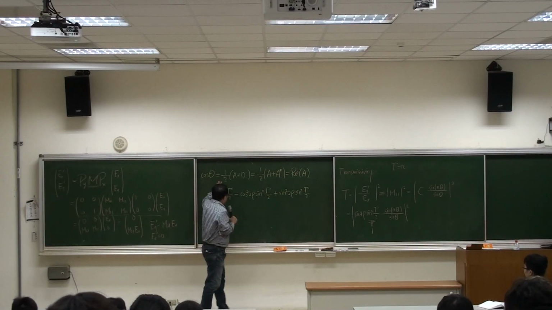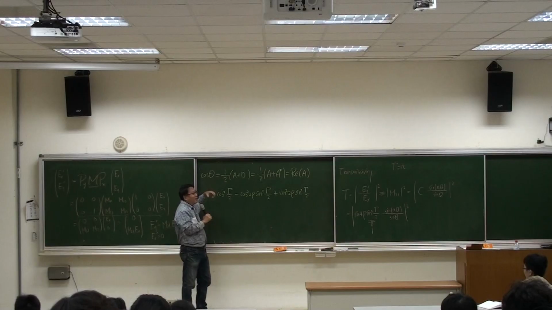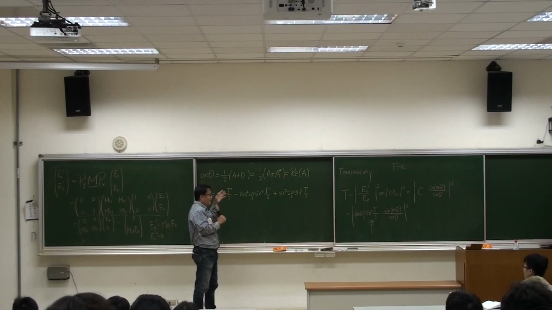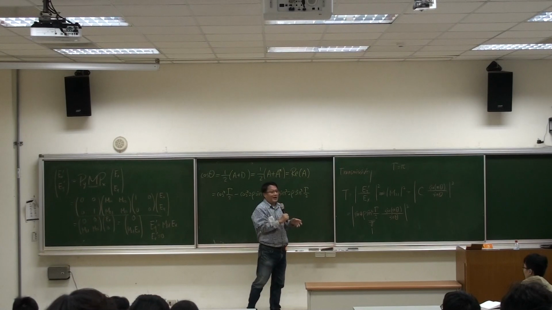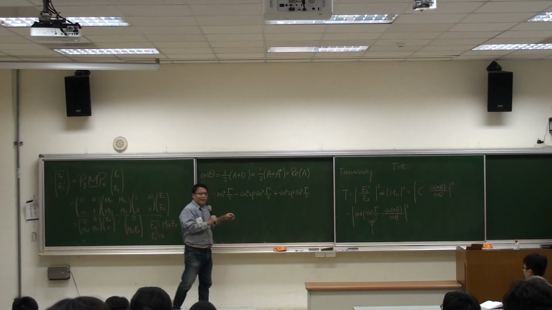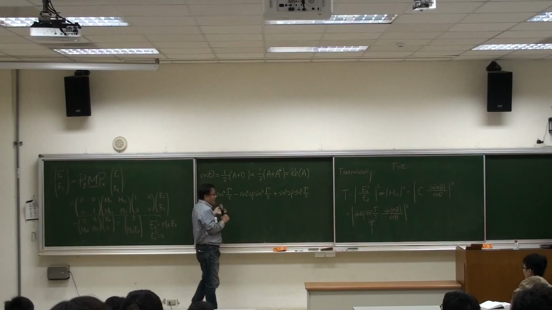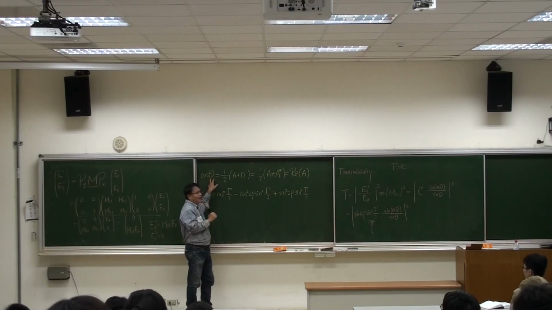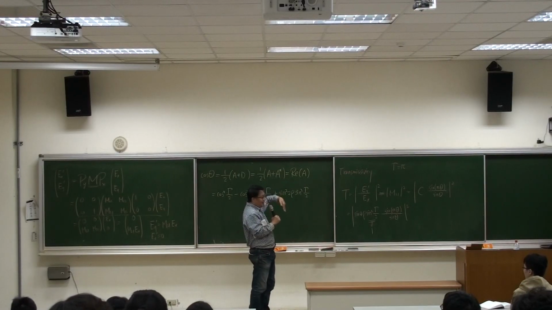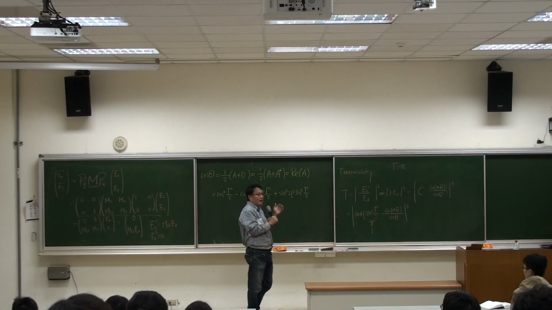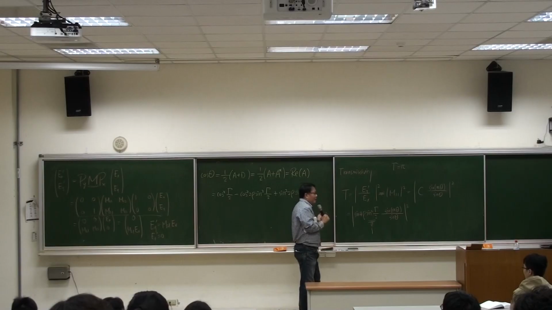Okay, if theta takes the complex value, it indicates a forbidden band or so-called band gap. Okay, band gap or forbidden band means the K becomes complex, which means the wave decays exponentially inside the frequency